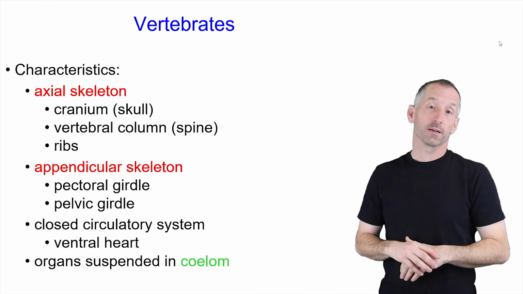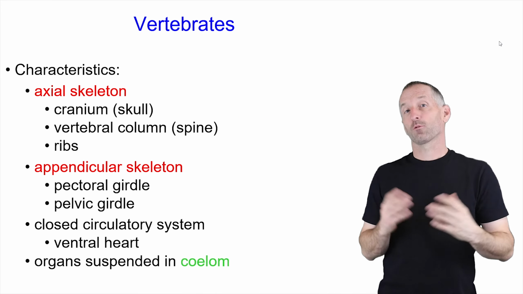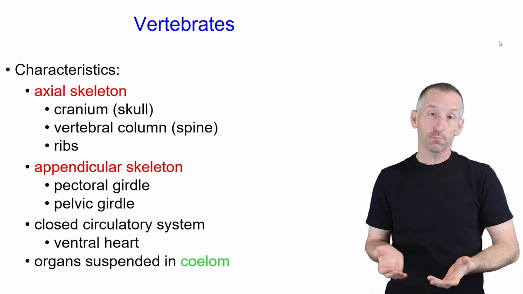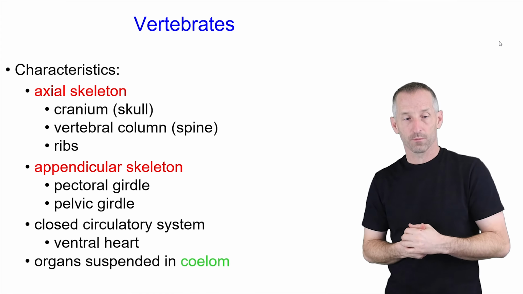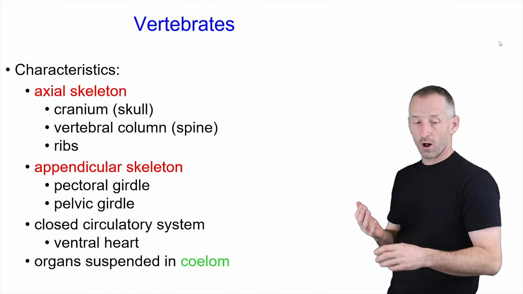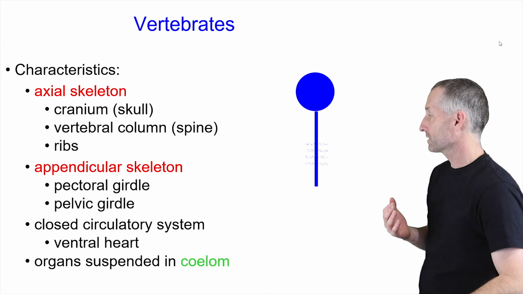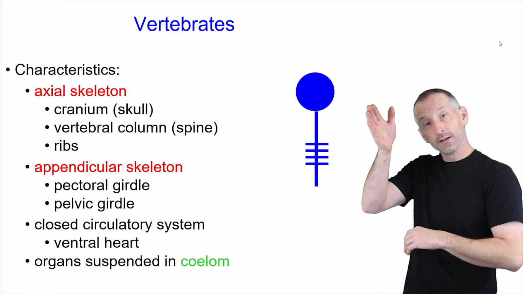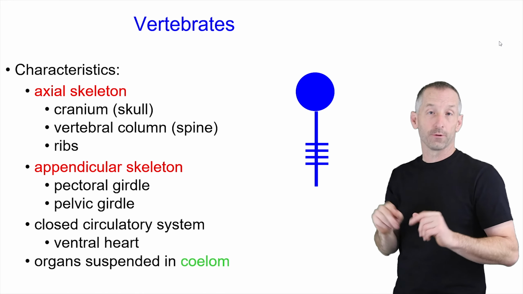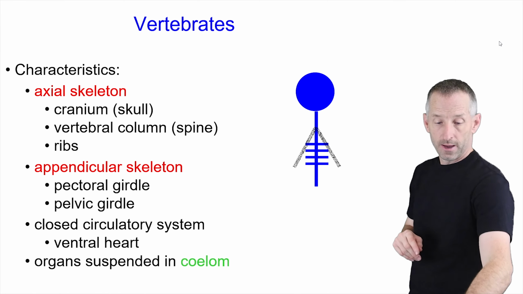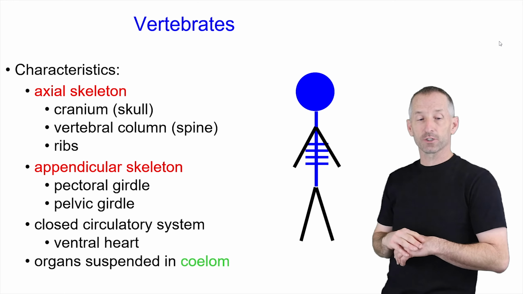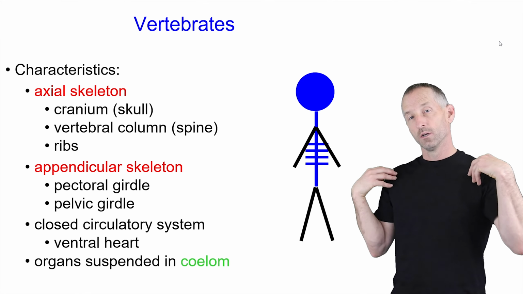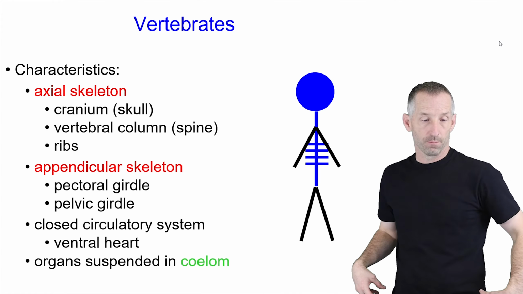Okay, just one other thing to tell you about vertebrates, and that, of course, is probably the most obvious thing: they have a vertebral column, which is where the name comes from. Now, this vertebral column is broken into several units. The first is the axial skeleton, which represents the head, the spinal cord, and the ribs coming off that. And then you have the appendicular skeleton, which represents the pectoral girdle, that is your shoulders,